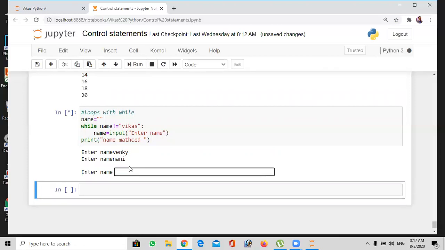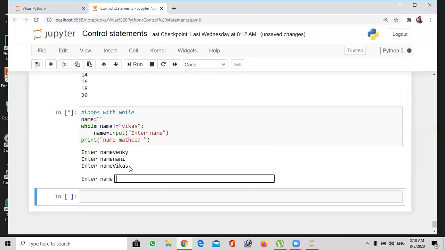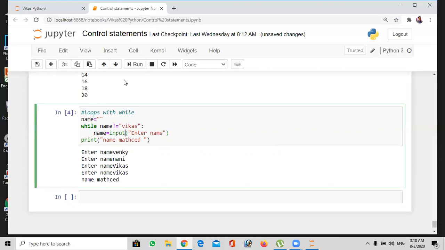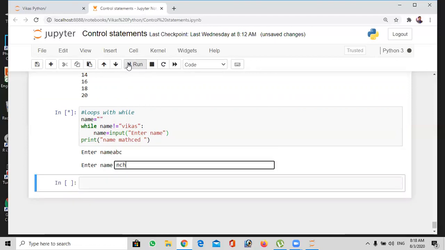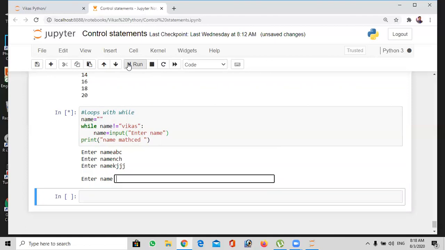So here, enter name again. Samnani. Because the name is not matching, since the capital I that I mentioned is not matched. When I mentioned it correctly, then it stopped. Name matched. See here, how many times did we enter the name? One, two, three, four. The fourth time it got matched. It's continuously checking whether it is matched or not. If it is not matched, it simply asks again to enter a certain name. See here, ABC I mentioned, not matched, not matched, not matched.